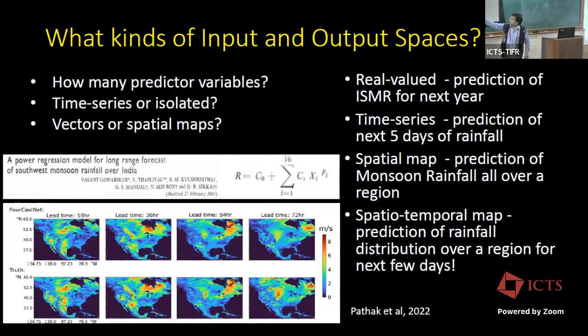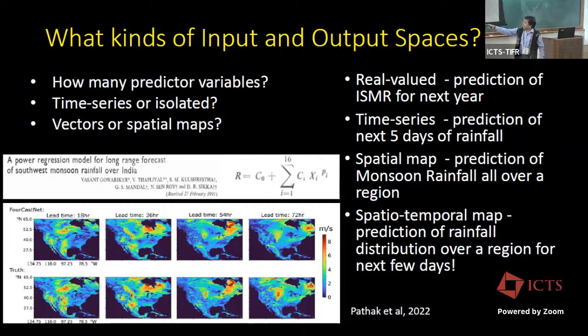If you remember, Professor Rajeevan in yesterday's plenary talk showed us this equation. This is the equation for the 16-parameter statistical model, which IMD had been using for quite a long time. As the name suggests, it has 16 predictors, 16 input variables, which are represented by these xi's. These are various climate-related measurements from different parts of the world, which the climate scientists of that time thought would have a direct impact on the Indian monsoon. So your input space in that case was a 16-dimensional vector containing those values.